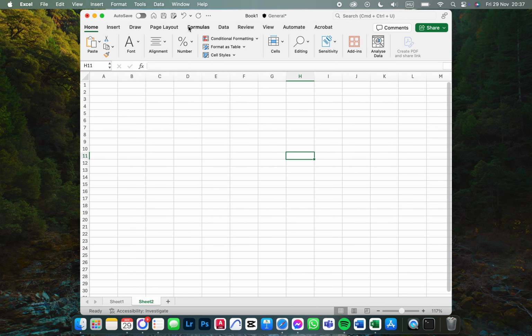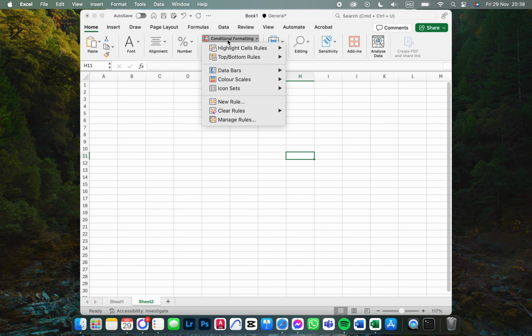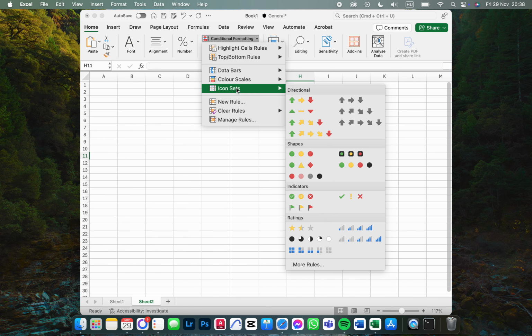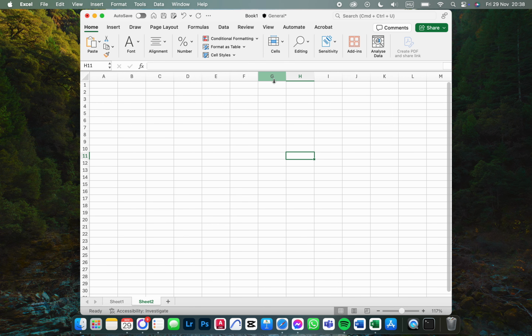From here, we just go into the top row, click on conditional formatting, then we click on icon sets, and here we can just use this kind of ratings and select a column with some data in it to format it. So for example, if we have it like this,